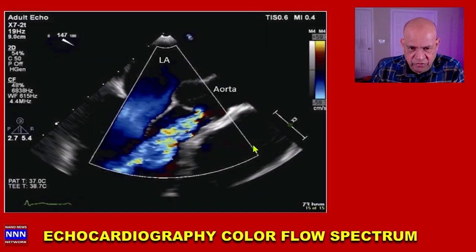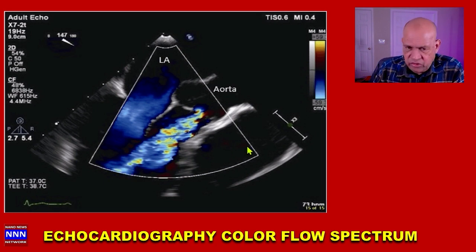Here's an example of an aortic regurgitation. Again, as you can see, the jet sometimes just stops right here in a trivial aortic regurgitation, but this is maybe a more moderate aortic regurgitation where the jet is going way towards the left ventricular